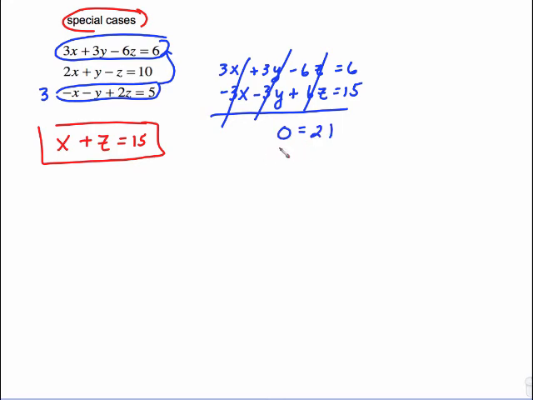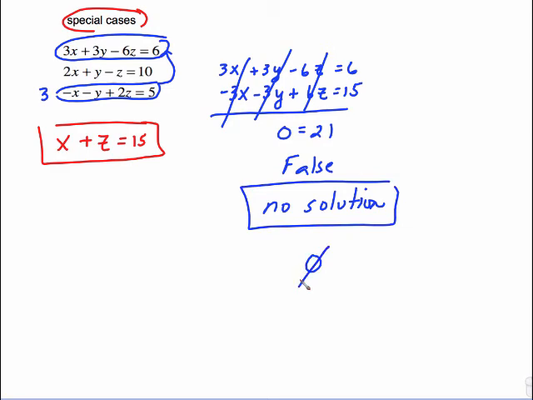Remember, when you get a false statement, when your variables have disappeared, then this is no solution. Now, the only time you talk about something being false is if your variables have disappeared. There's x and y, z, they're all gone. 0 equals 21 is false. That is not a true statement, and therefore your answer is no solution, or you can use the empty set